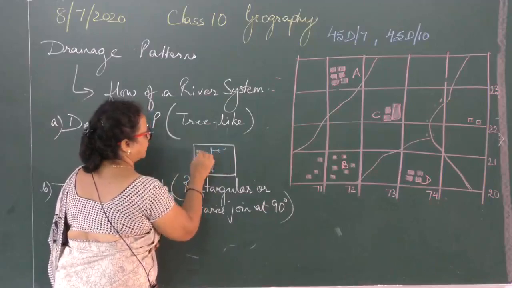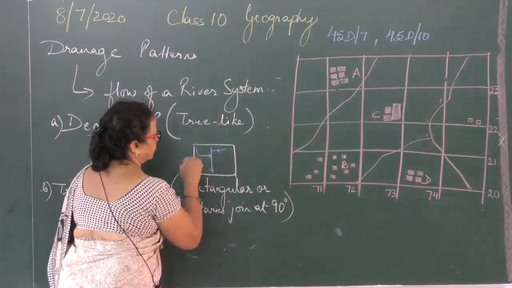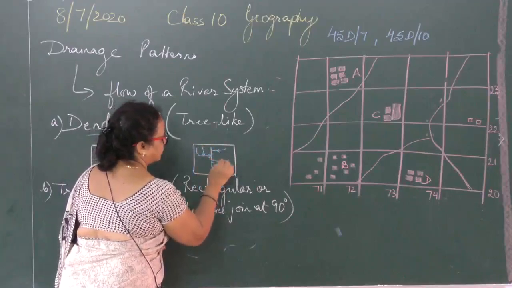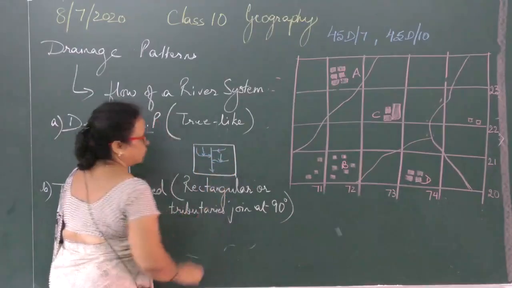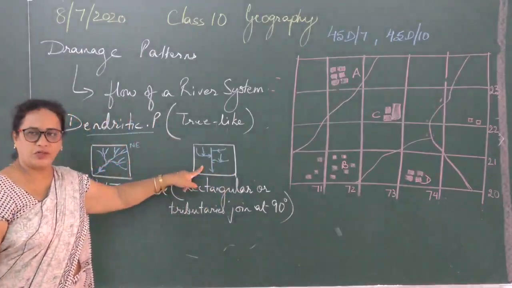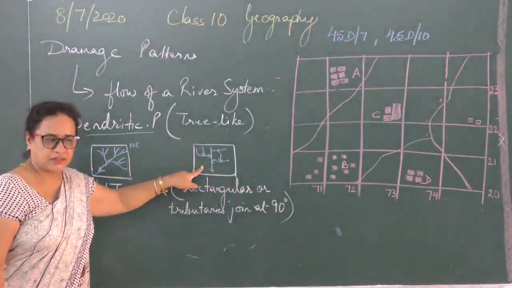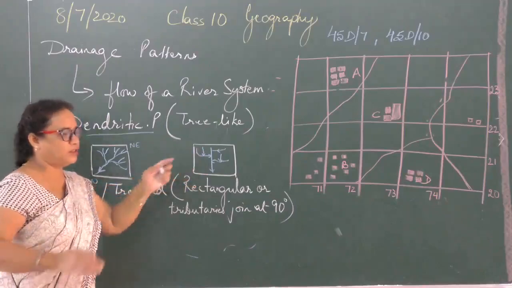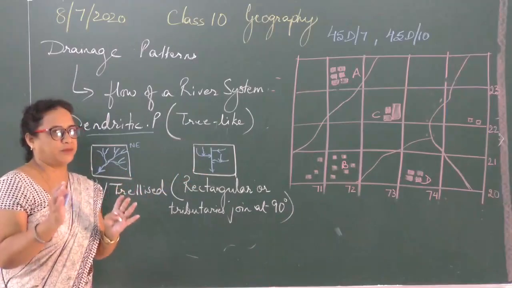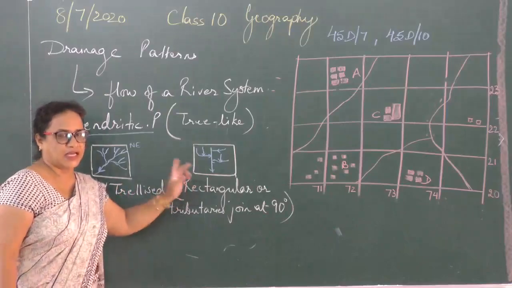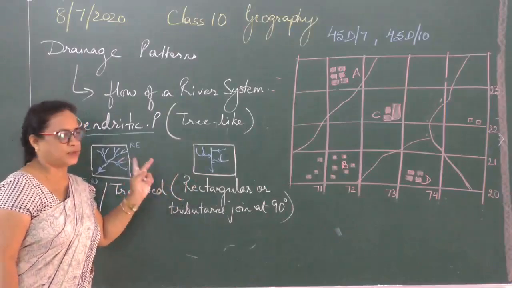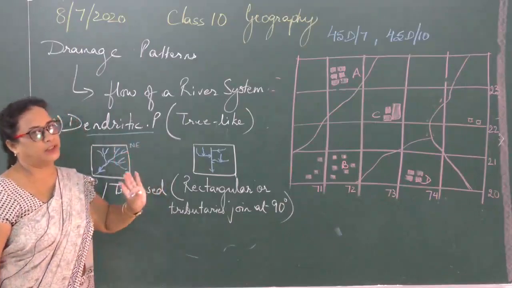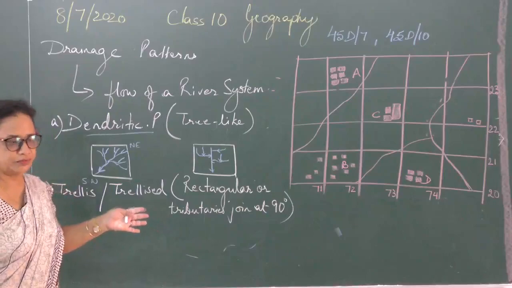This is the tributary one. This is another tributary. Some more will be joining like this. This is how they join. Clear? So, separately when we draw, it is very easy, but the same pattern you'll have to look very carefully in the map sheet and identify it. And as far as practice work is concerned, especially in contour maps, I can only teach it. We can only do it when the classes resume.